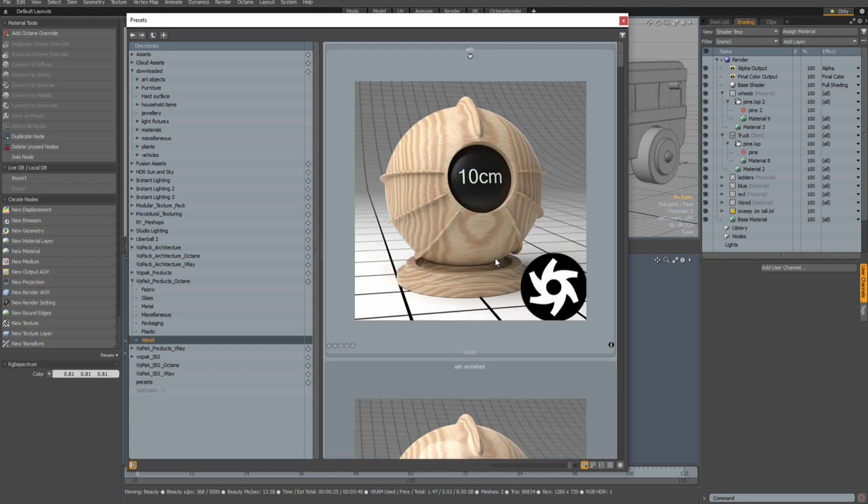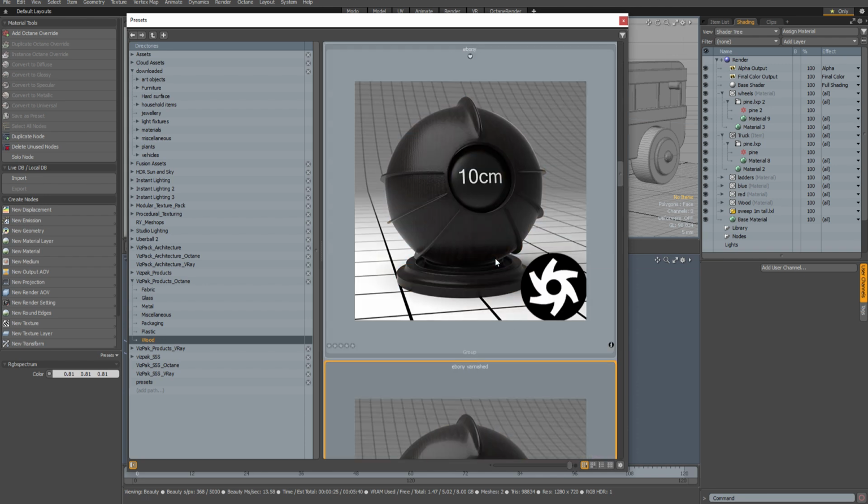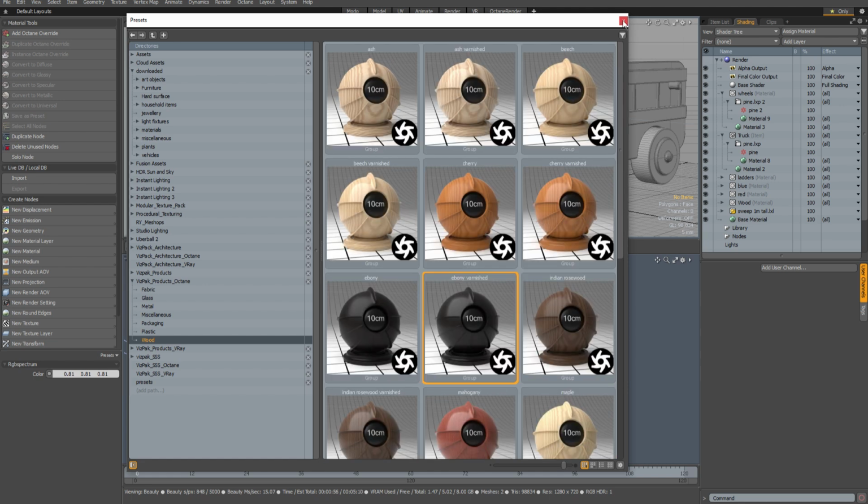If I zoom in and take a closer look, you can see that we're getting some really nice and realistic results from these shaders. Having these textures driven procedurally rather than with image maps just makes them much more flexible and controllable, and also much more realistic because you'll have the 3D wood grain going all the way through